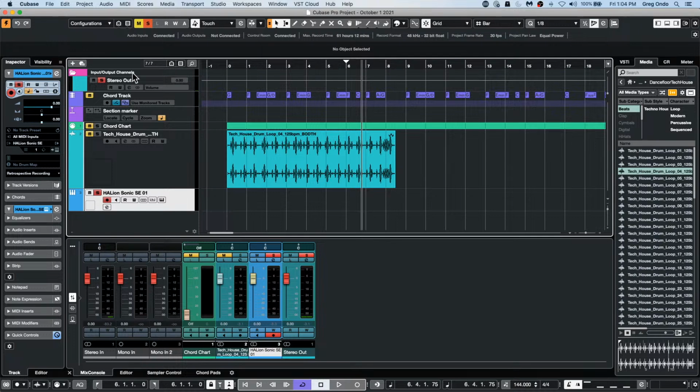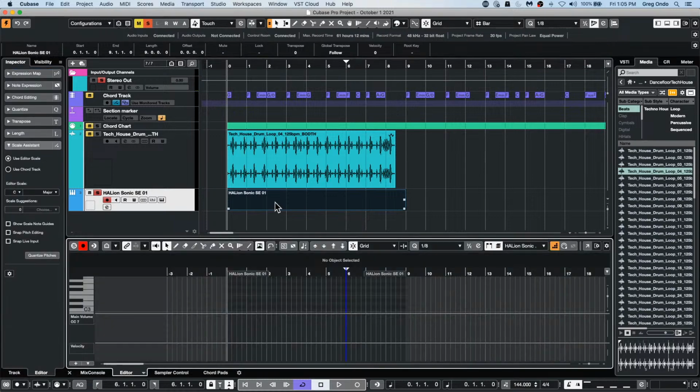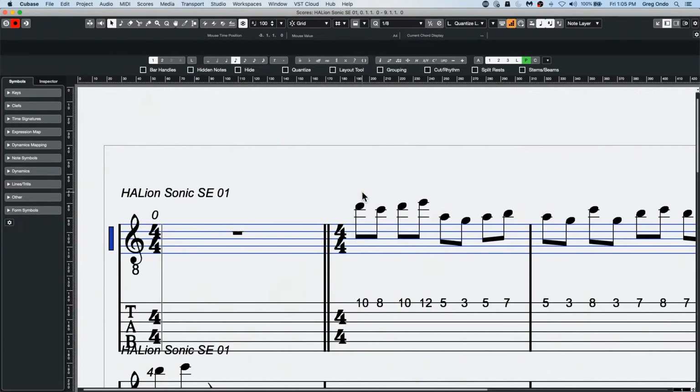So I think we had a question before the live stream had started, about how to do guitar tablature above the 7th fret in the score editor. So this may have scrolled off before we got started. Let's say I wanted to come in, and I'll just do some quick step entry here. All right, and if we want to look at that in our score editor, we can come over here. So we can see our guitar tab, and just based on the actual notes, we could see that we could already have these indicated above